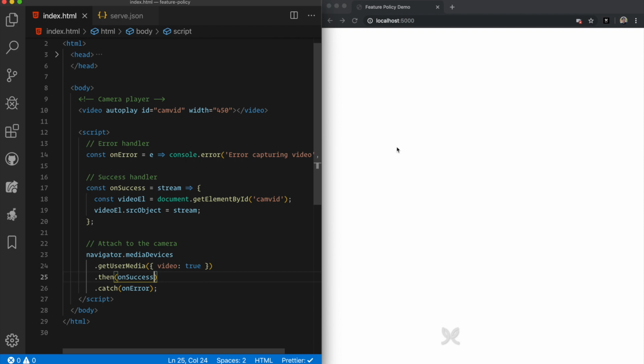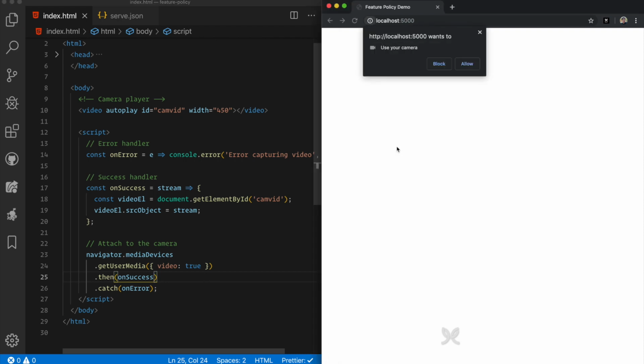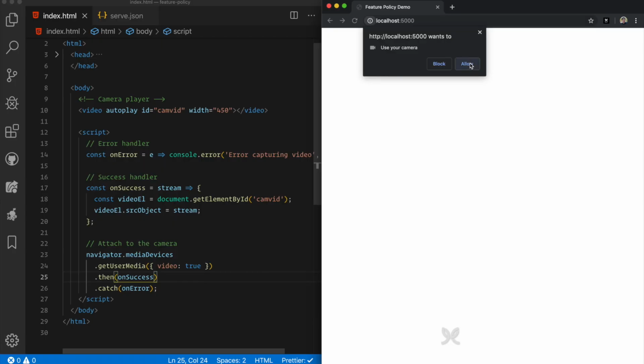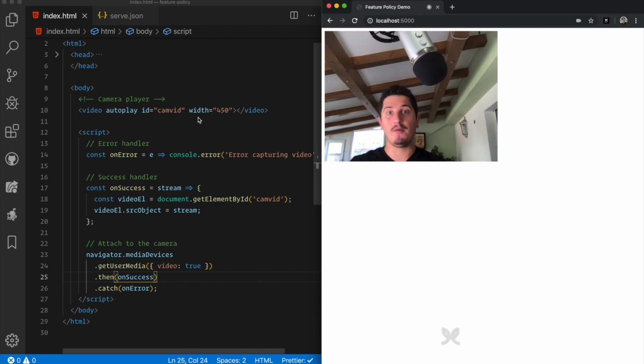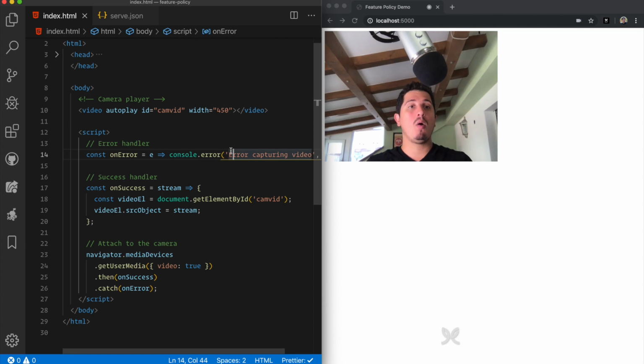Let's save this, and I'm going to reload. Let's see if I'm going to be able to project my camera. All right, the browser asked me to allow it. I'm gonna allow. Yes, that's me. I don't know which camera to look into. Okay, so this works obviously,